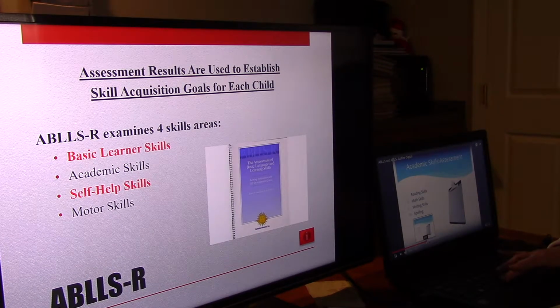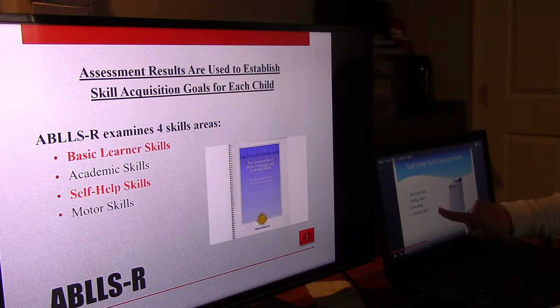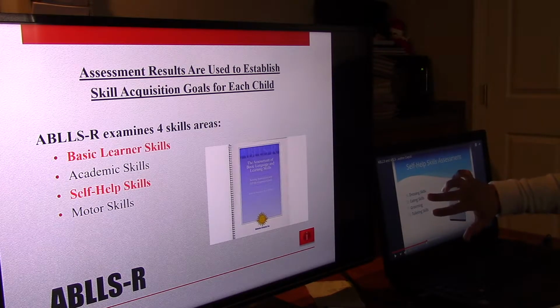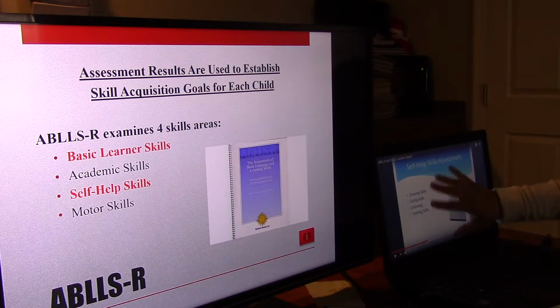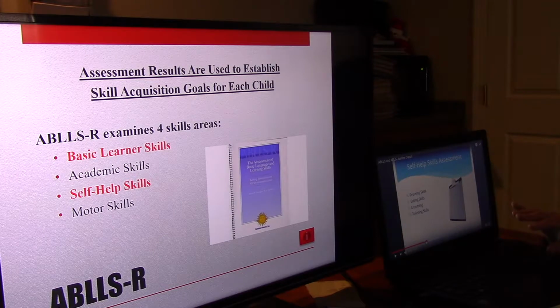Assesses the categories of reading skills, math skills, writing skills, and spelling. We assess toileting, and eating, kind of by whether they can sit at the table without any negative behavior. So these are more of your self-help areas that it will assess. Can they button pants? So in lieu of that, since I don't assess that part, what I do is